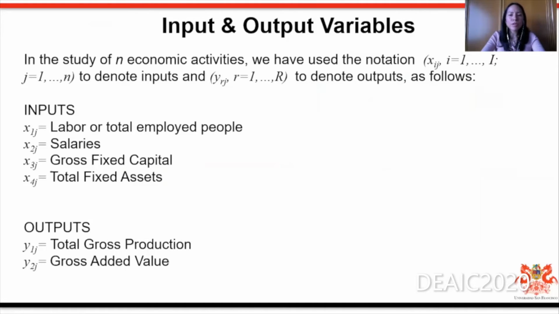The variables considered are, for instance, we have used labor or total employee people, salaries, gross fixed capital, total fixed assets, and for the outputs, we have included total gross production and gross added value. Now, a detailed discussion on how some of these variables are defined will not be discussed here, but rather is available in the literature. In the next slide,